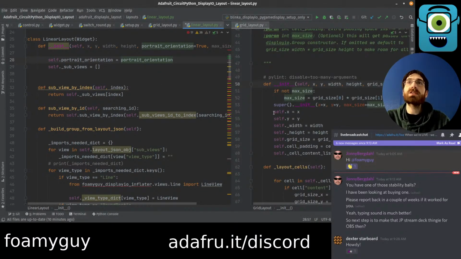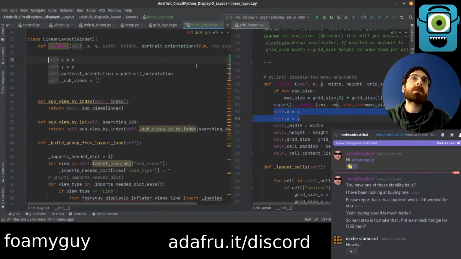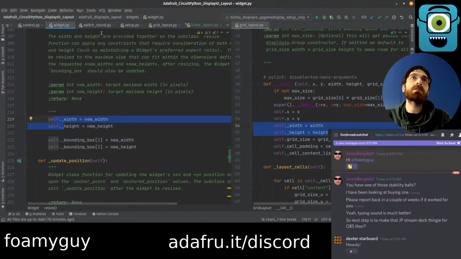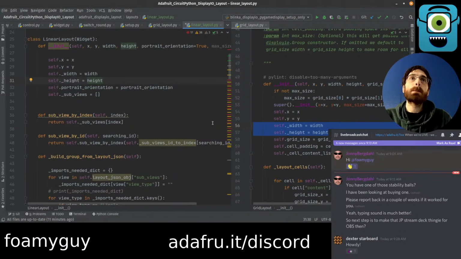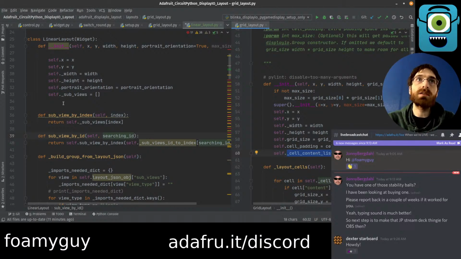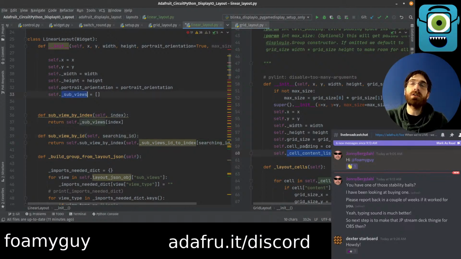Okay, so we can set some of this stuff. We do just set X and Y and width and height, which come from here. Orientation we still keep. Don't need those. Cell content list. I think that's actually what the concept of subviews ended up being called,